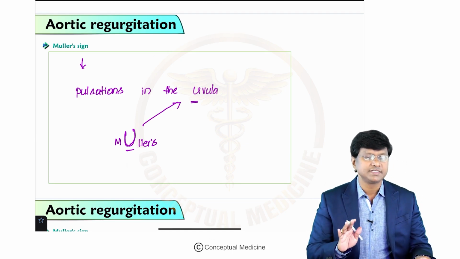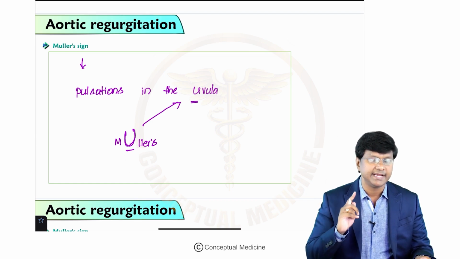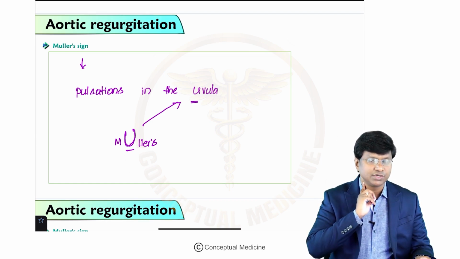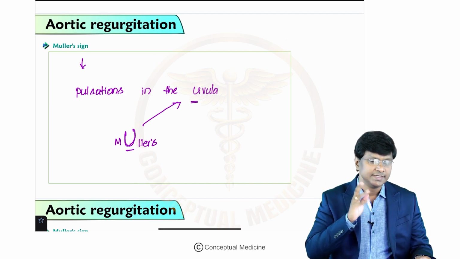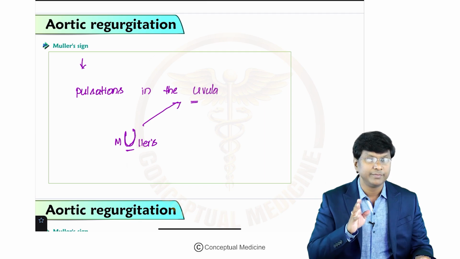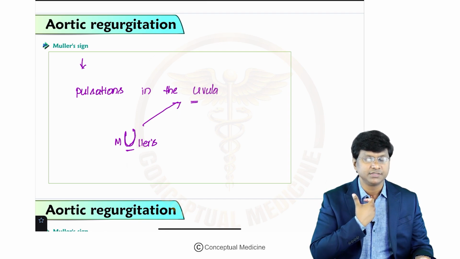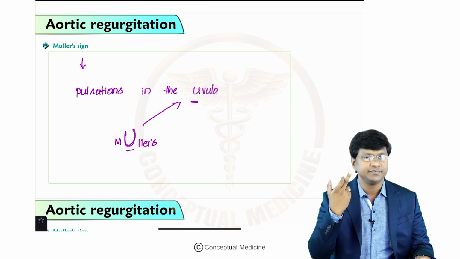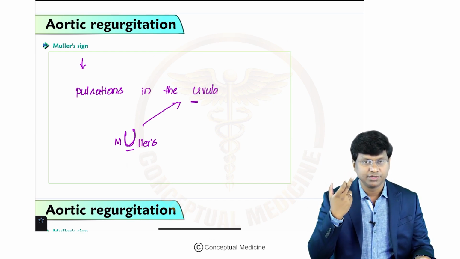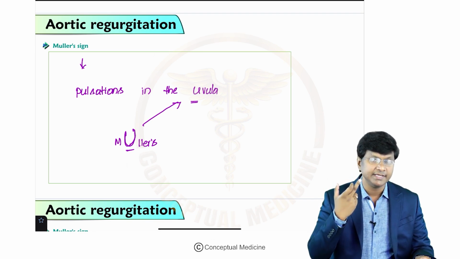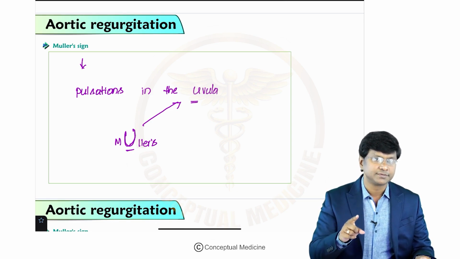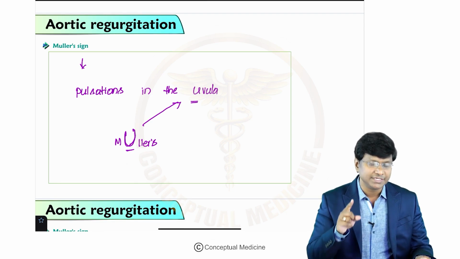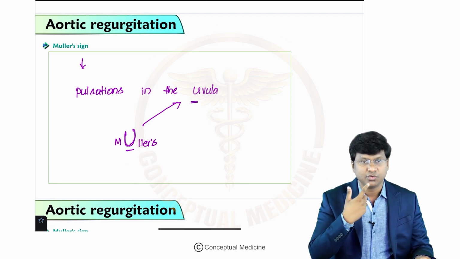Then, we have discussed the signs in the neck as well as the head. In the neck it is Corrigan sign, which is nothing but the dancing carotid. De Musset sign, which is to and fro movement of the head, synchronous with each cardiac cycle. Then you also have the pulsations within the suprasternal notch, which is nothing but the jugular notch. And within the head, we have the lighthouse sign, which is the alternate blanching and flushing over the forehead. And within the eye, we have pulsations within the retinal artery, that is Becker sign, and pulsations within the pupil, that is called Landolfi's sign,